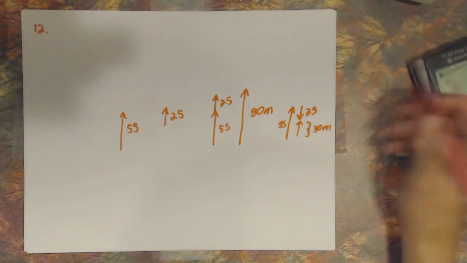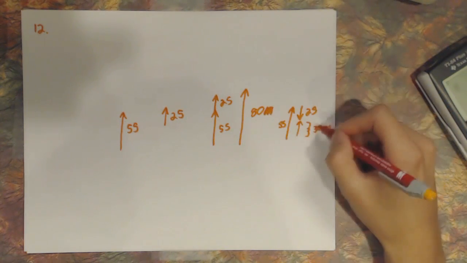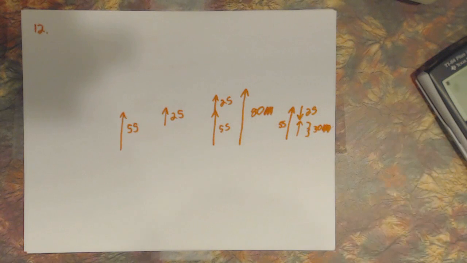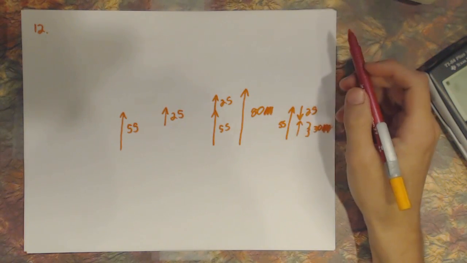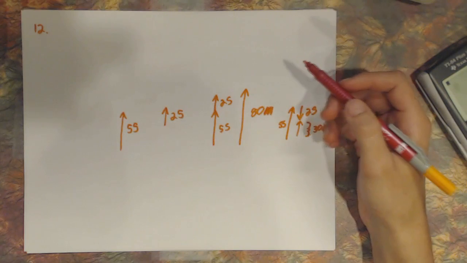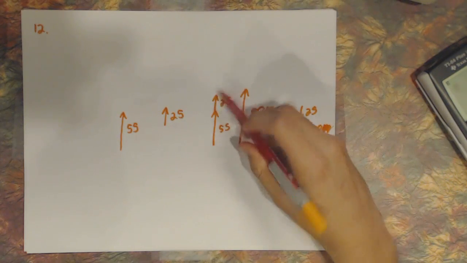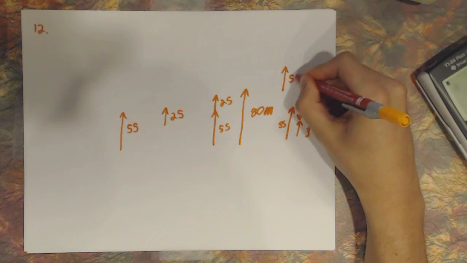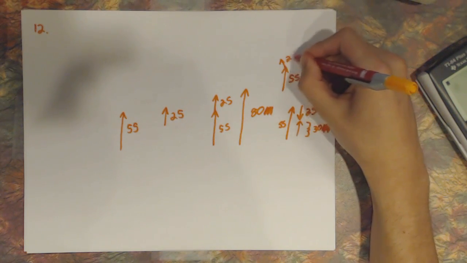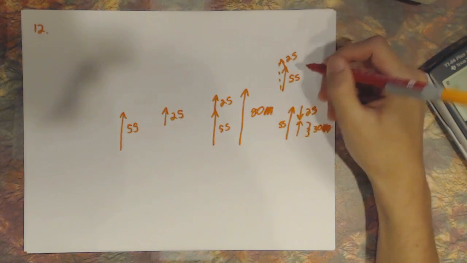Is it in meters? Oh no, it's units, not meters. So the book wants you to realize that the longest distance you can get from adding two vectors is by putting them tail to tip in the same direction. Now, say if you had 55 this direction and 25 this direction, your answer is going to be